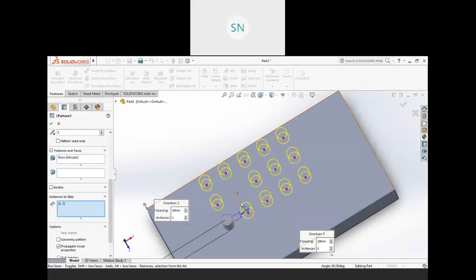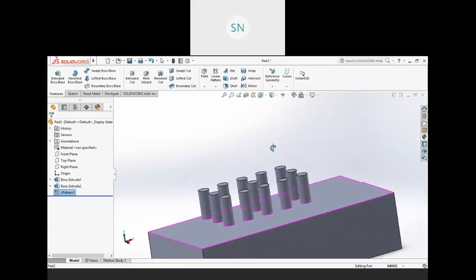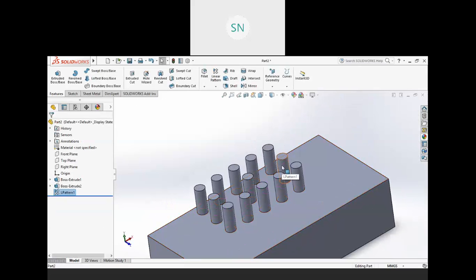Just click on that, so it will be disabled. If you want to get that back, then just click on that again, and hit OK. So this is our linear pattern, the first pattern.